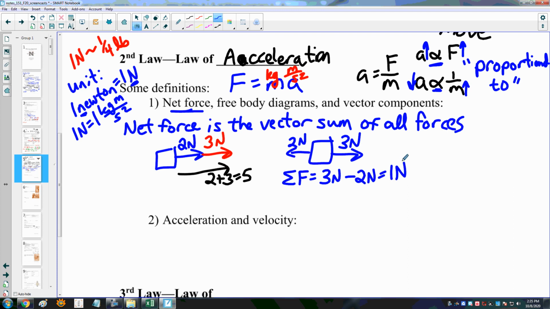The reason that we have this negative is because I'm in a right-handed coordinate system, and you can have a left-handed coordinate system, but we always use a right-handed coordinate system. This is the positive x direction, this is the negative x, this is the plus y, and this is the negative y. There is a plus and minus z, but we're not worried about that right now. So we typically take left to be negative,